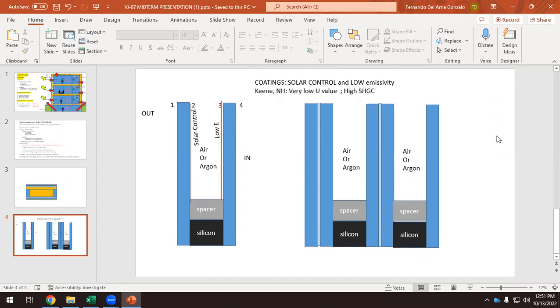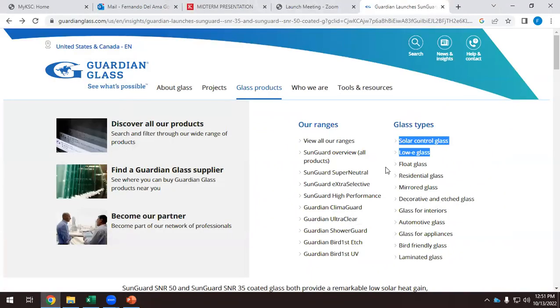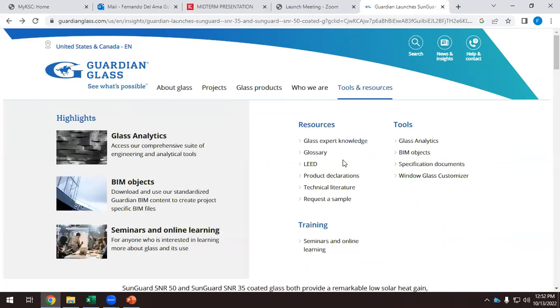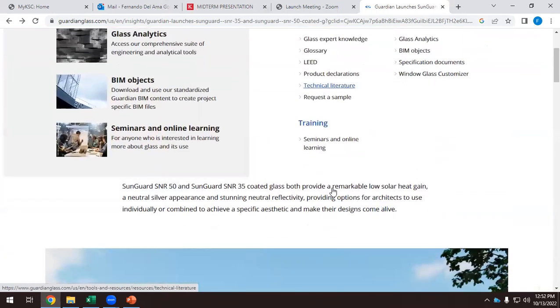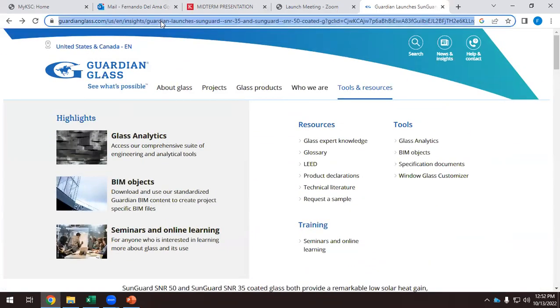But can I say to the manufacturer, okay, give me this glass, I want the U value to be 0.1 and the solar heat gain coefficient to be 0.9? Can I do that? No, I can't. So that's why I have to go to the catalogs. We have tools and resources. Do we have technical literature? I want the technical